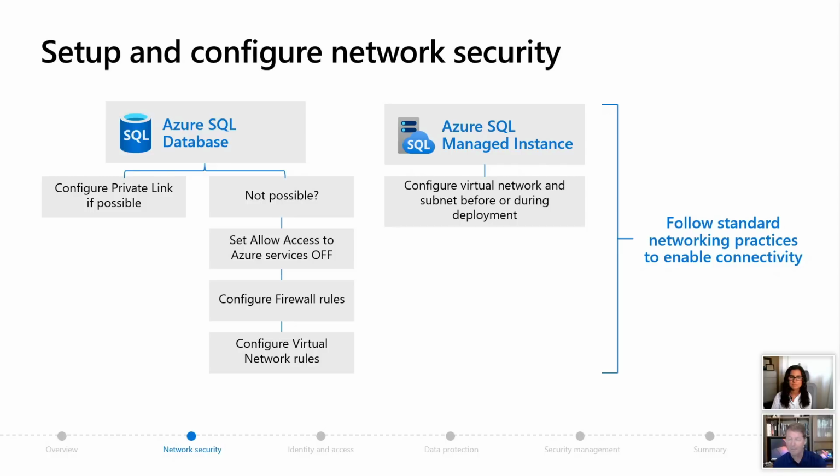For managed instance, remember, we're building that ring for you, that cluster, so you already get a virtual network and subnets in this process. Now, here's the rub. When you deploy managed instance, say through the portal, you can pick this virtual network option, and Azure, our deployment, will set up everything you need.